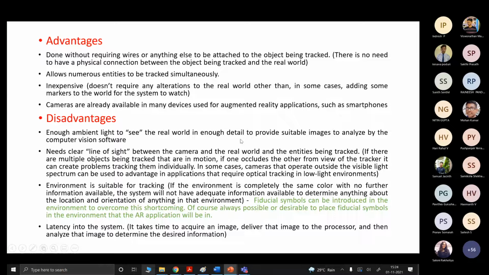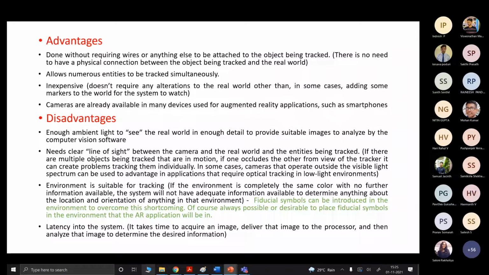We can track multiple objects at the same time, and it is also very inexpensive. Cameras are already available in many modern technologies, the VR applications that we are using. For example, smartphones already have an inbuilt camera, by which we are able to do this.